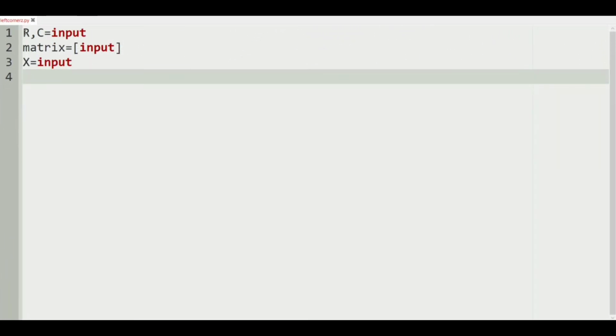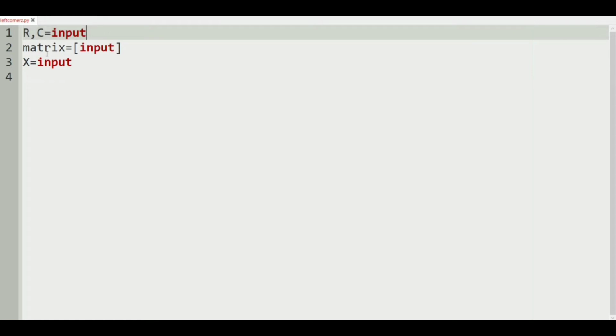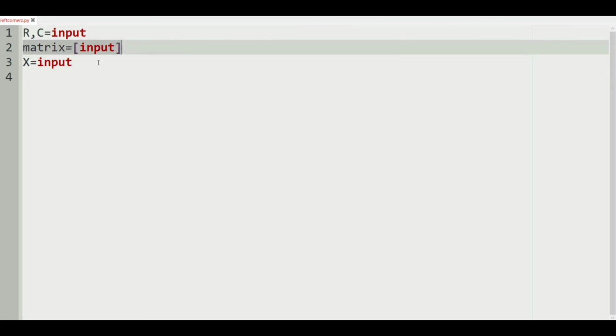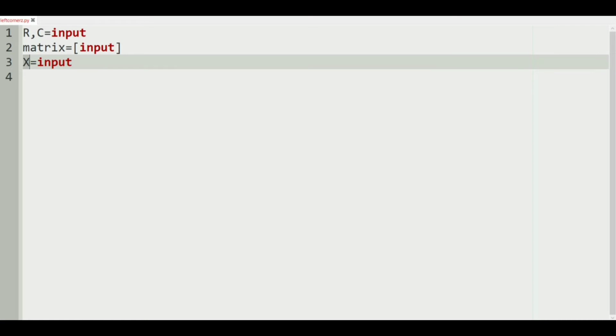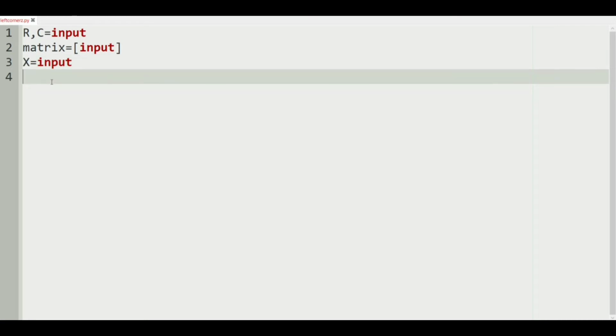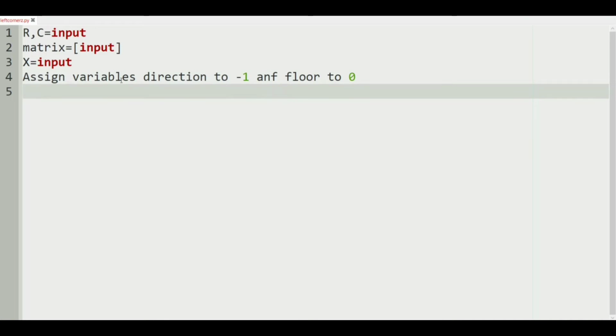Now we'll understand the logic of this program. First we have to get the number of rows and columns as input, and then we'll get the matrix and the integer x. And after getting our inputs, now we'll assign variables: direction to -1 and floor to 0,